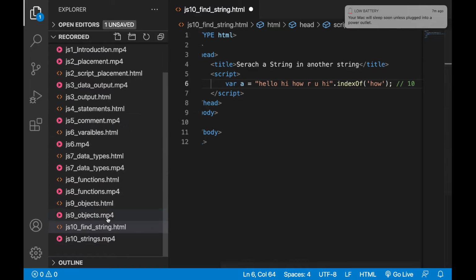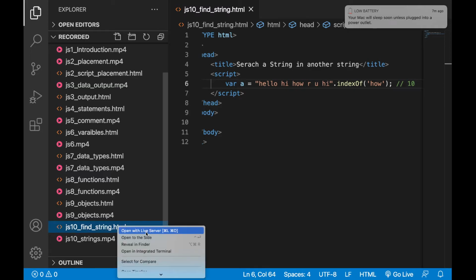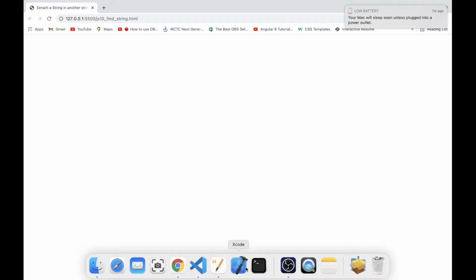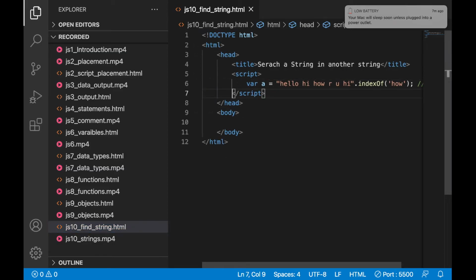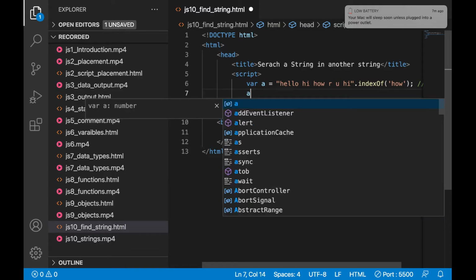So now let's run it in the browser. Let's save it first. For running in the browser, just right click here and open with live server. Let's put an alert also, because we just return one variable.